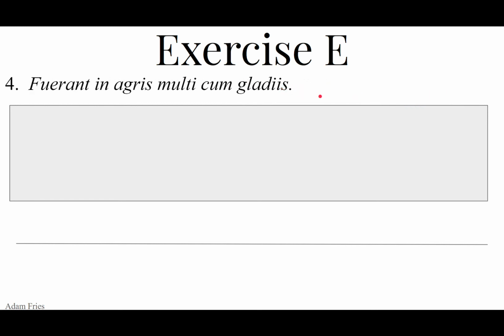Quarta. Fuerant in agris multi cum gladiis. Oh boy, that sounds pretty dangerous. So fuerant, this is your irregular old friend, sum, esse, fui, futurus, to be. Fuerant, they had been, third person plural, pluperfect, they had been. In plus the accusative would show motion towards, into, or onto, but in plus the ablative, which is what we have here, shows location. We have the ablative plural masculine of ager, agri, masculine. So they had been in the fields. Okay, they had been in the fields.